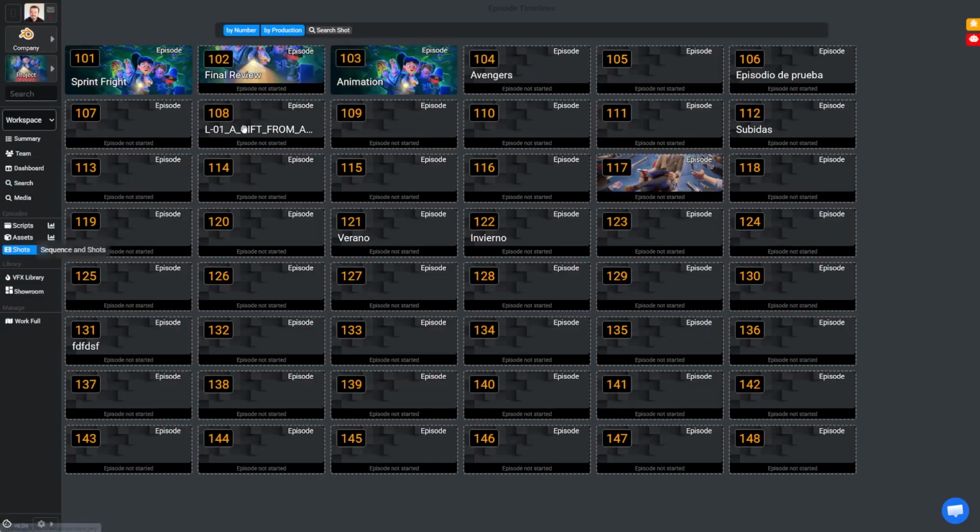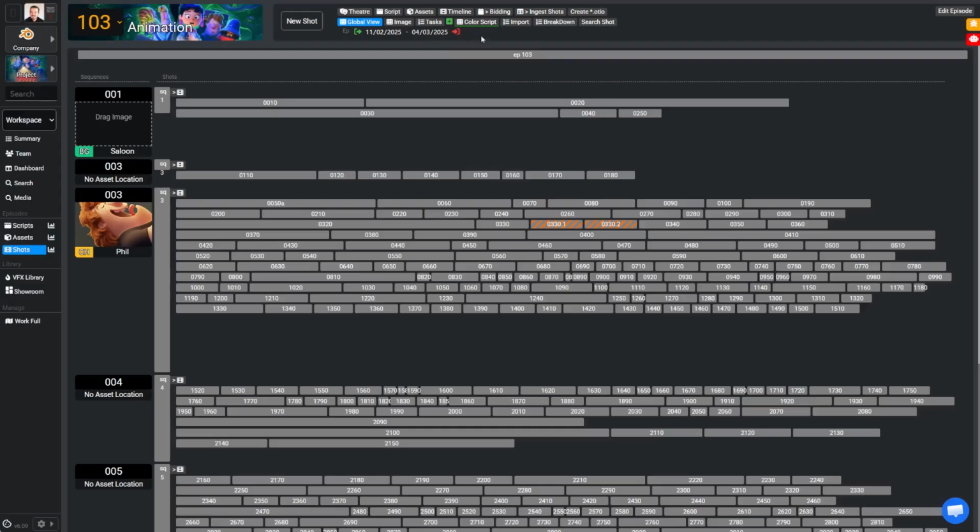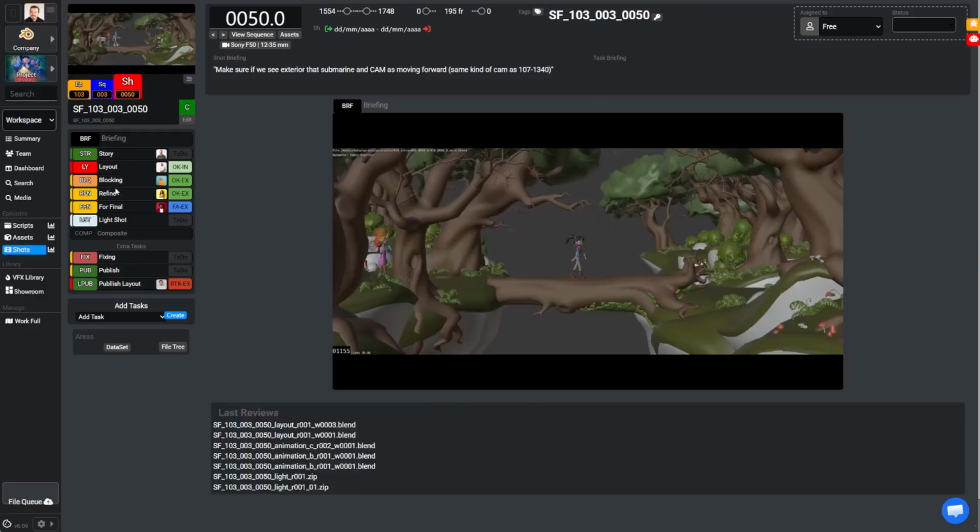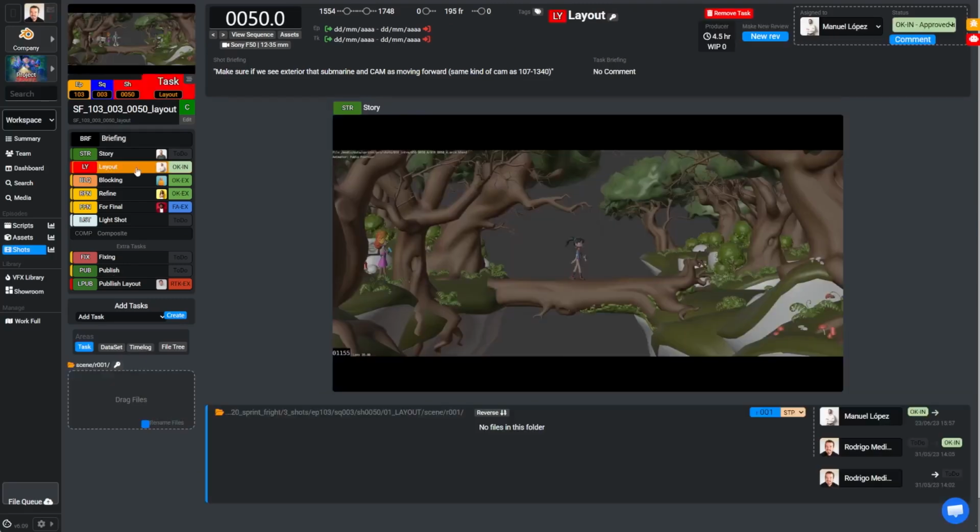Once the project has fully approved the script phase, we can move directly to the layout phase. In this context, we can take a scene, for example, and within the task tree, we can begin generating layout tasks to start working on it, including work files, uploads, reviews, and related processes. From that point onward, we proceed through the different production tasks.